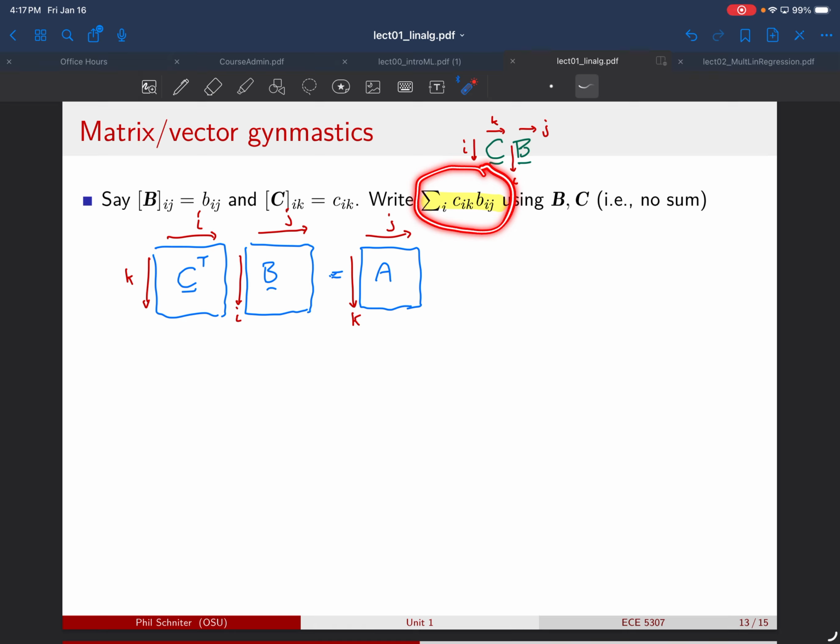It's just the kth row and the jth column, okay? So one way we could write all this then would be the sum we're interested in computing, which is the sum over i, C_ik B_ij, is equal to, now we can, so in this class, I use this little triangle above the equality